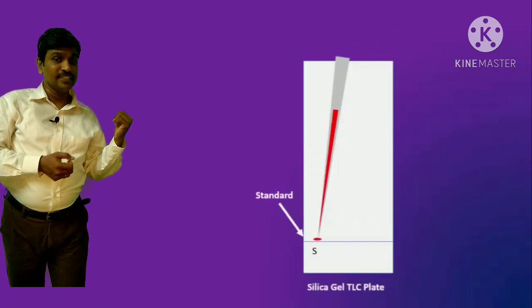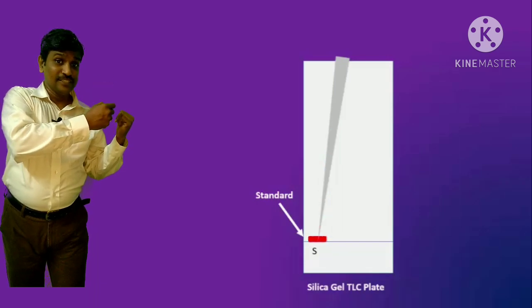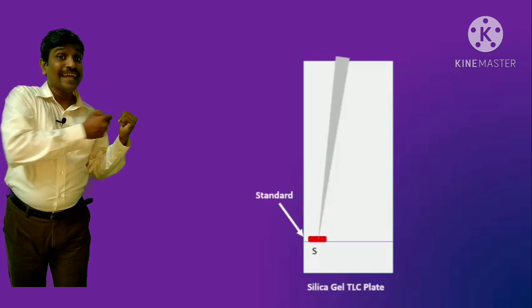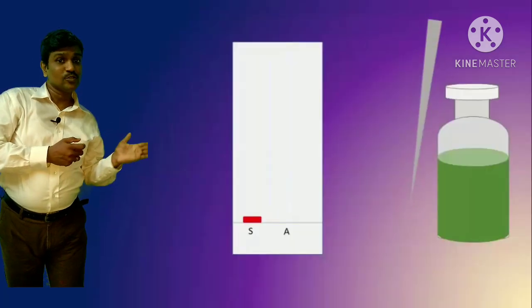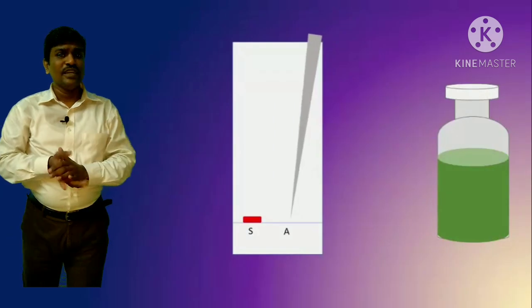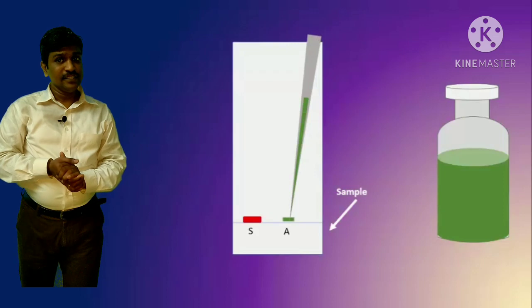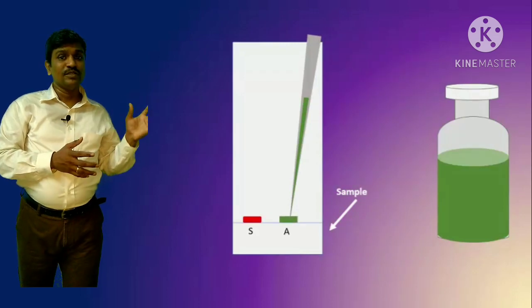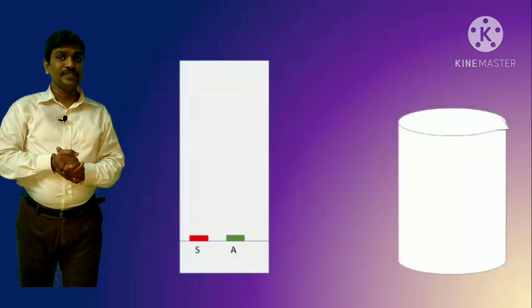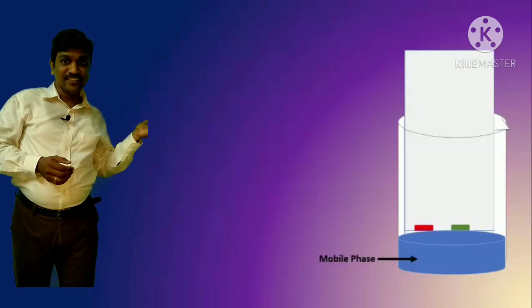You can see here that the needle incorporates the liquid, and the standard spot has been made. One band has been made at the baseline, which is 2 centimeter above the mobile phase level, depending on the mobile phase layer also. Then you have to place the sample as well as the standard. Now keep your plate in the mobile phase in a beaker, and then automatically it will run. You can see here it is running.